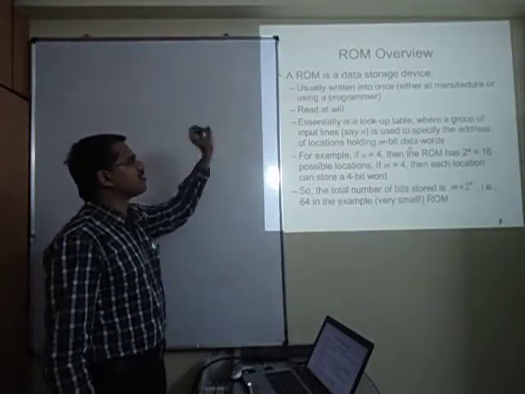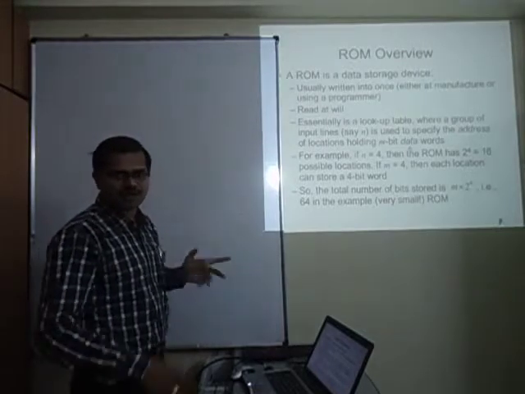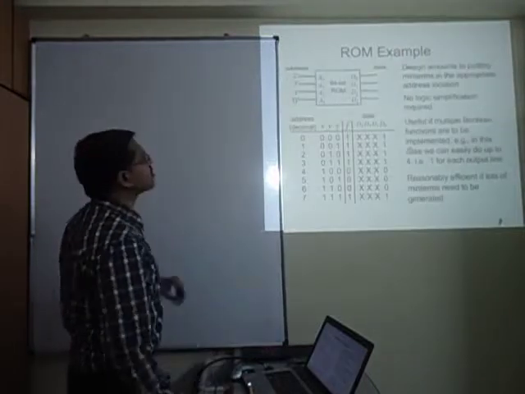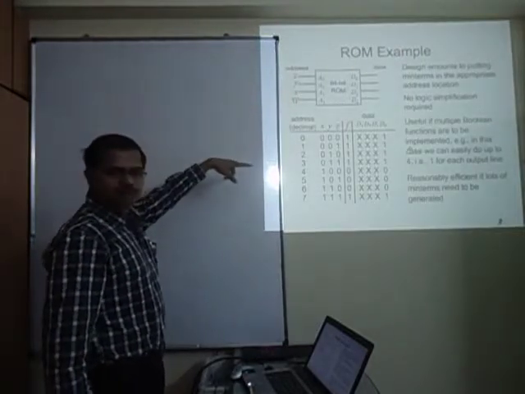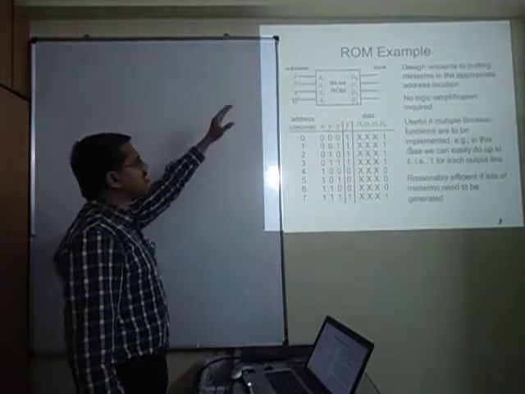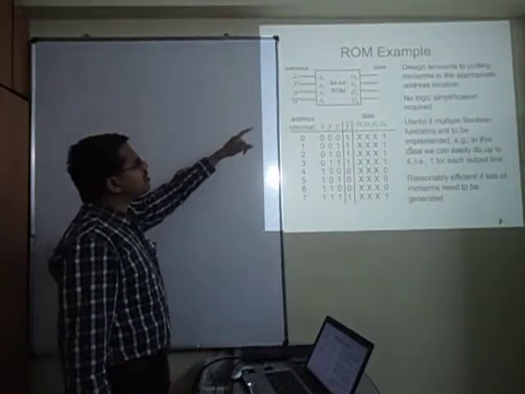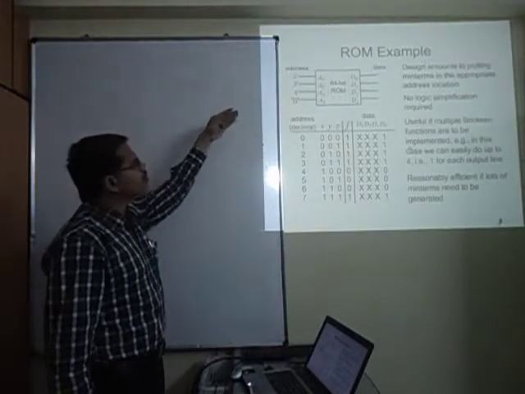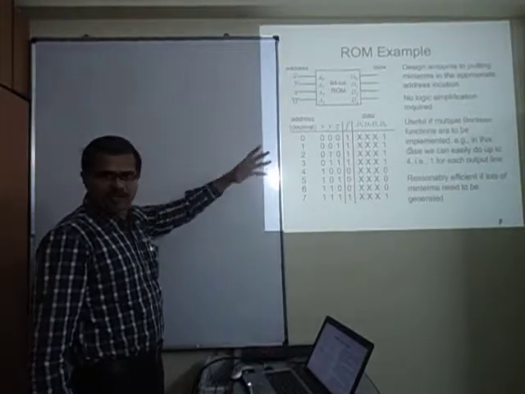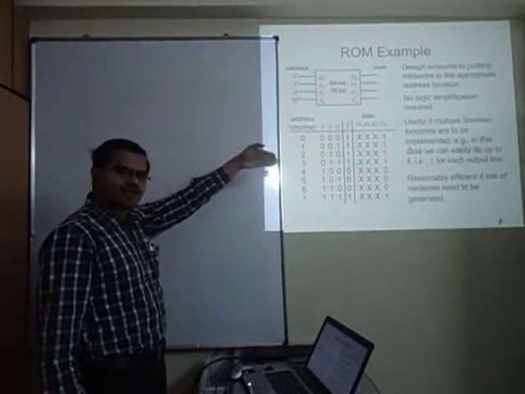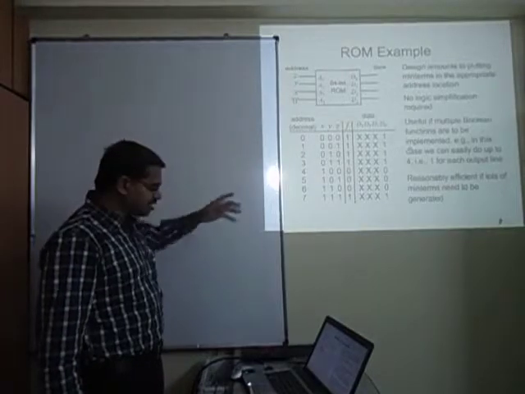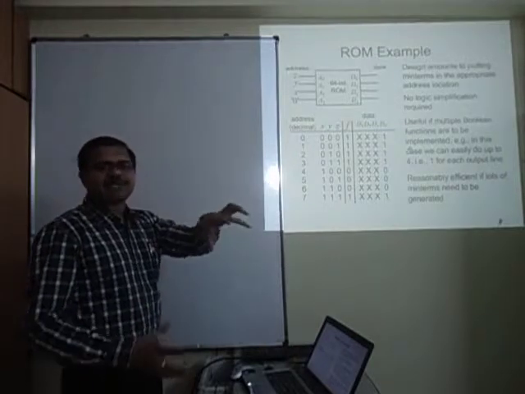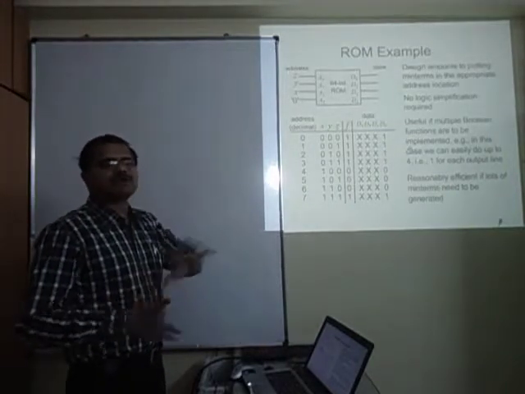So anyhow, ROM can be programmed once, and you read at will, whenever you want. Then essentially it's a kind of lookup table. Now if I go to the next slide, I can explain. You have a total of 4 inputs to the ROM. 4 inputs means there are 16 possible locations, and the present ROM is implementing a 4-bit output. It is not compulsory that a 4-bit input will have a 4-bit output. 4-bit input can have 4-bit output, 1-bit output, 8-bit output, anything. It is something like a full adder: 3 inputs, 2 outputs. So depending upon the logic that you are implementing, the number of inputs and outputs can be different.